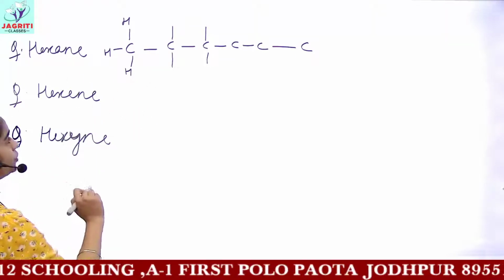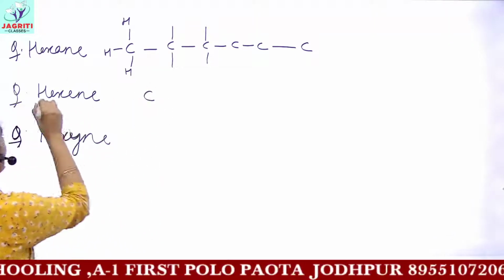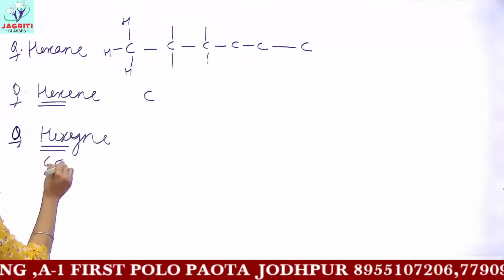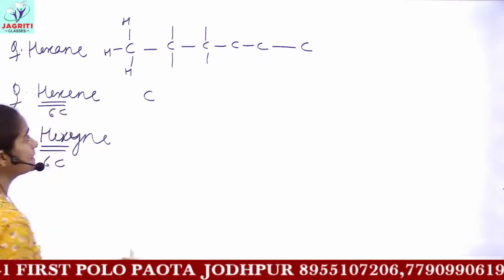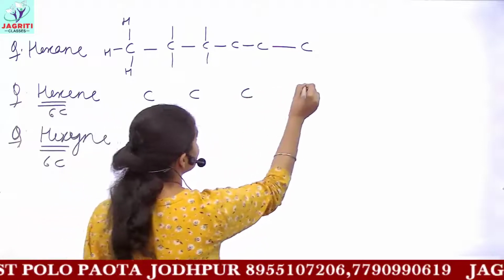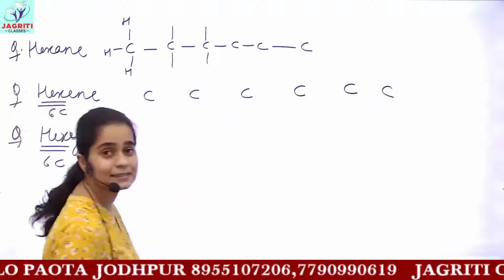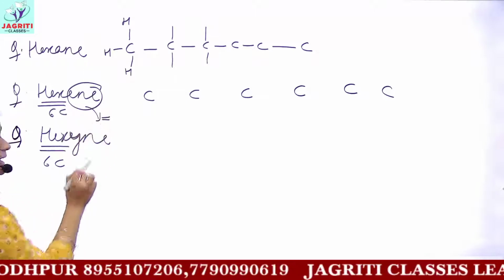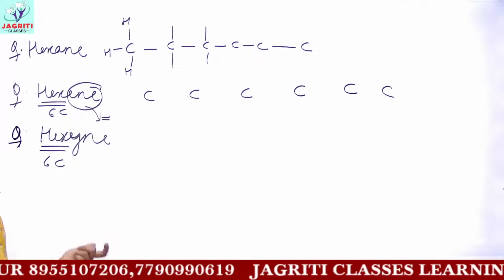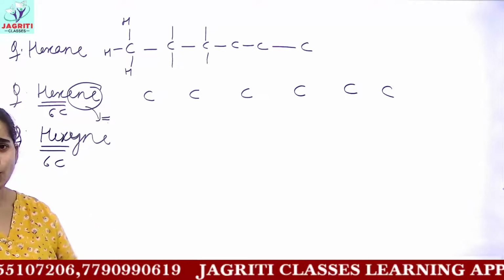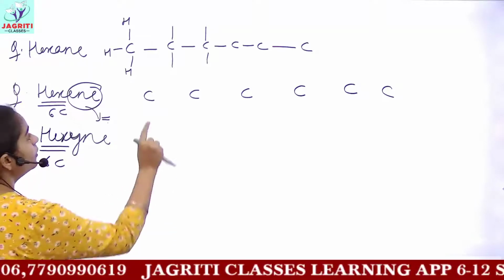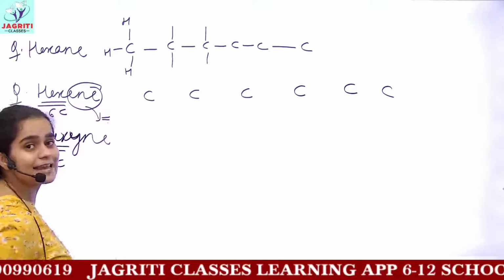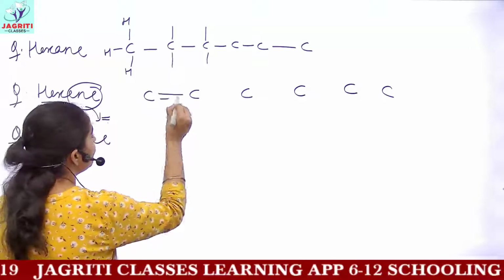Now coming on to the hexene and hexyne. Hex means you have 6 carbons here. So draw 6 carbons, first, second, third, fourth, fifth and sixth. Now because it contains the suffix "ene", and "ene" means alkene, which means double bond. I told you where to put this double bond. Always put this double bond between the first and second carbon. So put a double bond here.